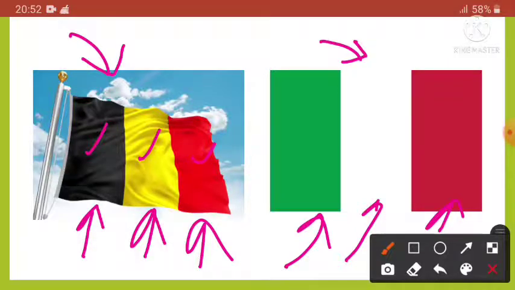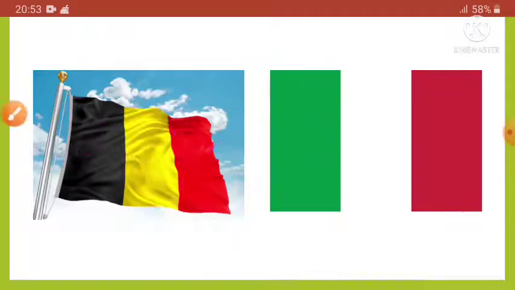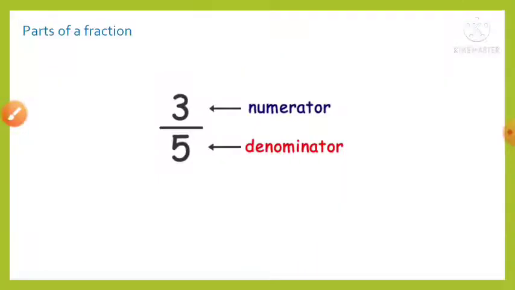So a fraction has two parts. One is numerator and another one is denominator. So if we take the Belgian flag first, what part of this flag is yellow? One part is yellow. So the fraction means we have to take the chosen part, here it is yellow, as 1, and below will be the total number of parts, that is 3. Okay, got it? So if you want to get more idea, go to the next slide.